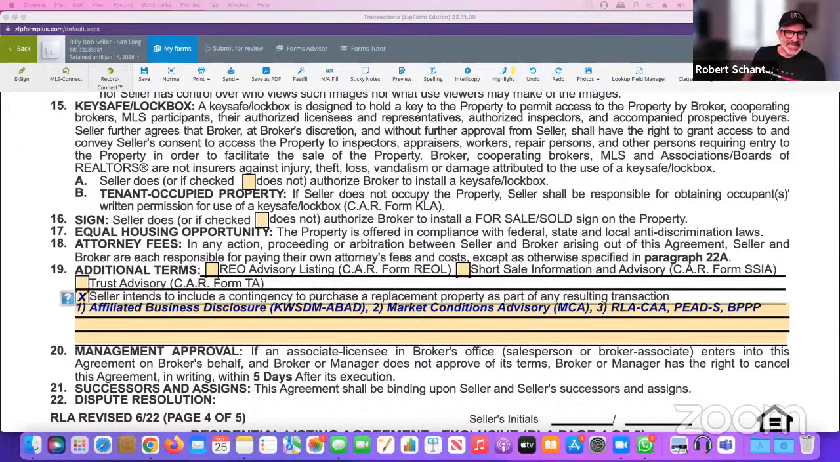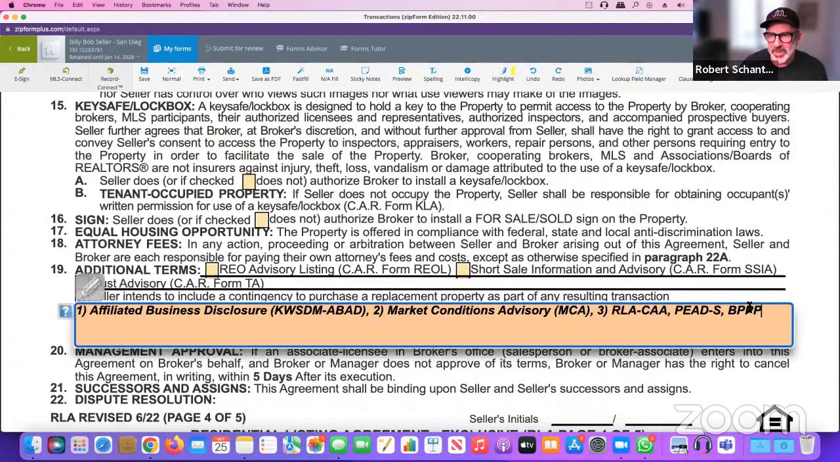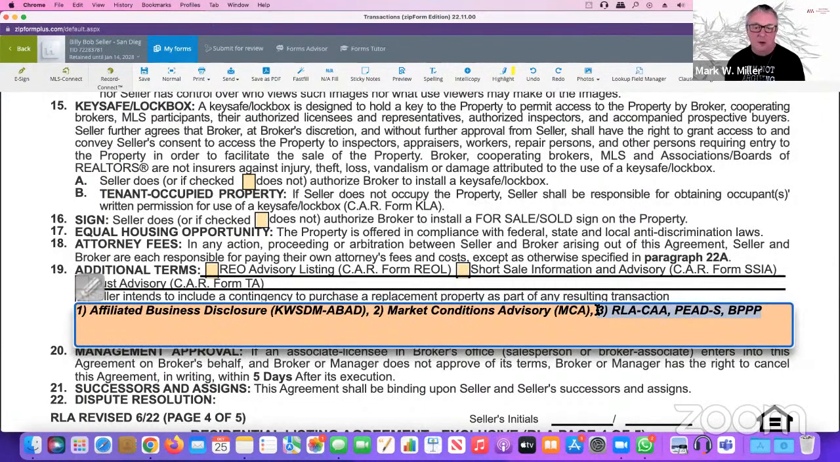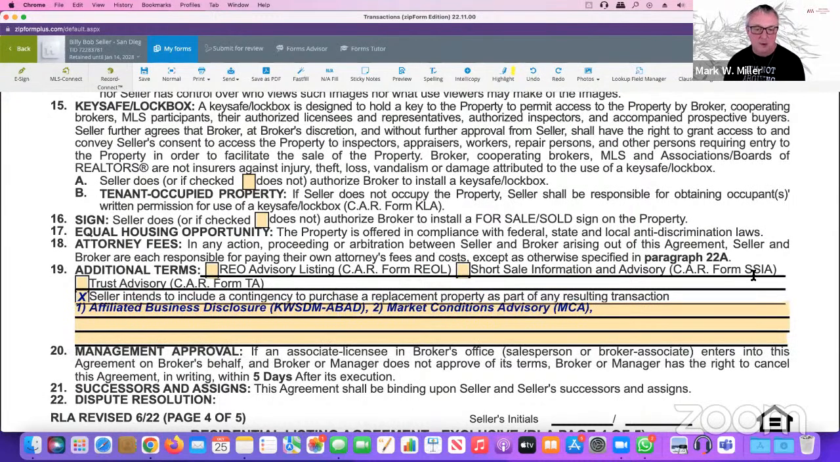And then the next section is the affiliated business disclosure, the market conditions advisory. And of course, this is an old template because I'm actually in Zip Form Broker Edition. But Mark, we don't require the RLA anymore, do we? Yeah, those are outdated forms. And so we'll check on that and make sure that's not part of the template. But you need to provide at